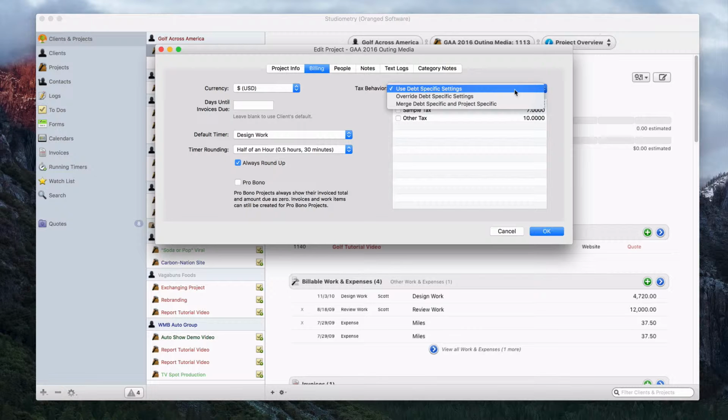Now earlier we used our printed materials category and we applied a tax to that category. So whenever a new work item is created that is printed materials, that tax will automatically be applied. But in some situations you might want to have a project that, no matter what, there will be no taxes for that project. So if we wanted to do that, we could come to the project and say override debt